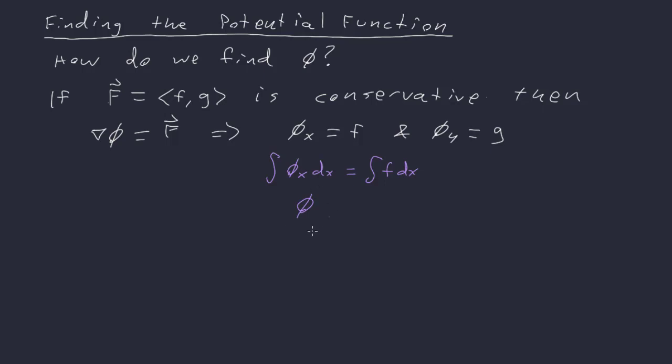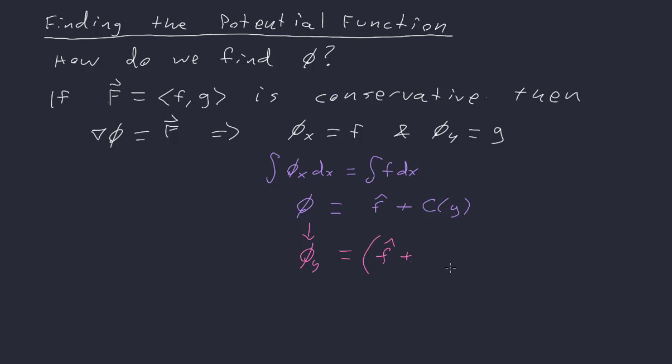Okay, which is going to give us a candidate for phi. And then this will say maybe be capital. I can't use capital F, can I? This is going to give us some version of phi from here, right? We're going to get, let's call it f bar plus, and I'll explain this in a bit, but plus some constant with respect to y, and then from here we're going to differentiate this with respect to y again,